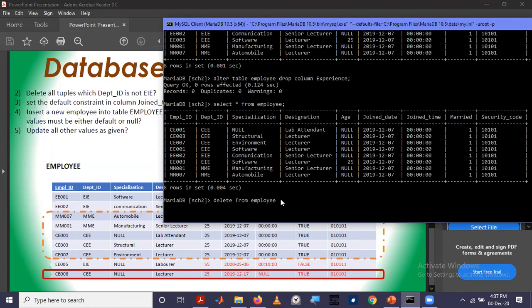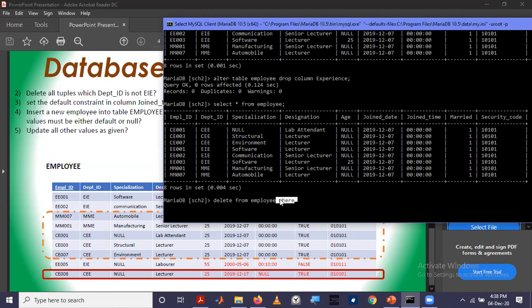Then we have to use a special keyword known as where. This is to specify the condition. After where, you specify the deleting condition. Not only for deleting, for any other operation, select operation, insert operation, update operation, anything.